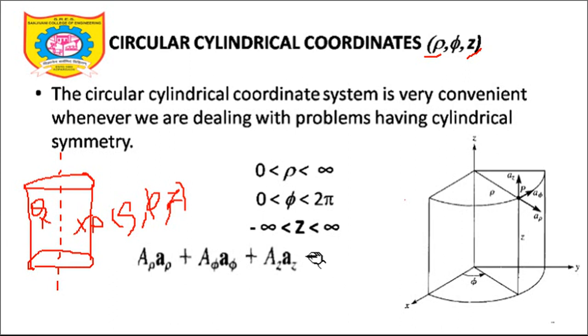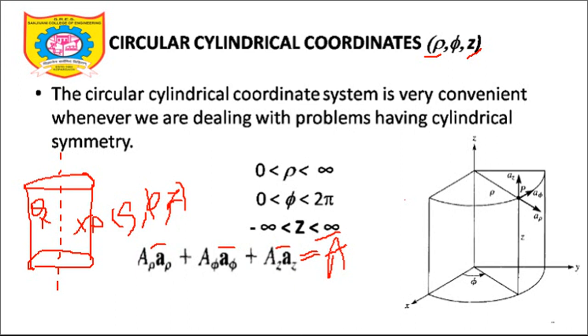Before that, any vector A bar, if I want to represent A bar in the cylindrical coordinate system, it will be represented as A rho rho bar, A phi phi bar, A z z bar. So the first is a coefficient of that point. So the coefficients of point P are A rho, A phi, A z. These are the coordinates of this particular point, and those coefficients will be taken here. So A rho minus 0, small rho bar, plus A phi minus 0, phi bar, plus A z minus 0, small z bar. So these are vectors, and this is a scalar entity, or certain numbers. This capital A rho, A phi and A z are numbers.